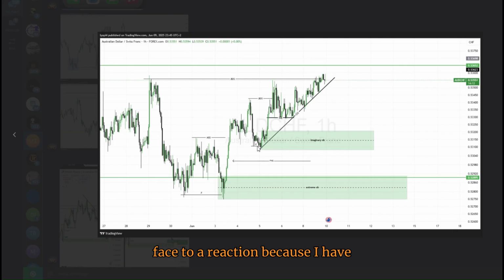of which I was expecting maybe price is just gonna come to a face, do a reaction, because I have this liquidity sweep, this breakout structure, this little change of character, and this huge liquidity right here. So I was expecting price to come to this zone, then give us the confirmation, then an entry, then move. So I also did another extreme order block right here, and